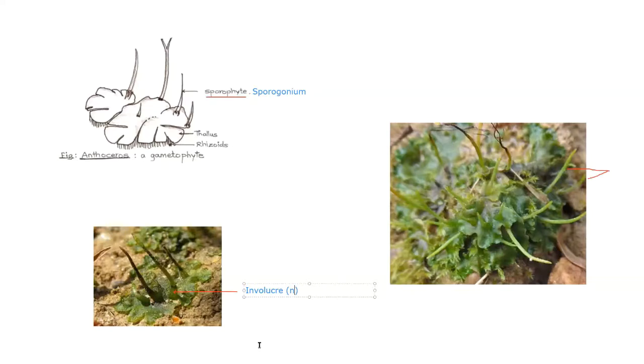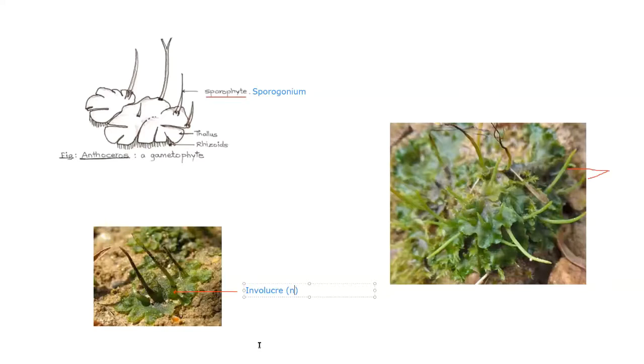Now there are two aspects we have to learn in the sporophyte. Number one is the external characters, and the second one is the internal structure by taking a vertical section. As far as external characters are concerned, they are about 2 to 3 centimeters long, horn-like structures, cylindrical in nature, and greenish in color. And as we have already mentioned, they are coming out from the dorsal side of the gametophyte. They are found in clusters.